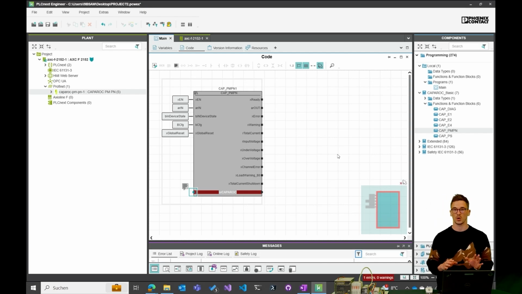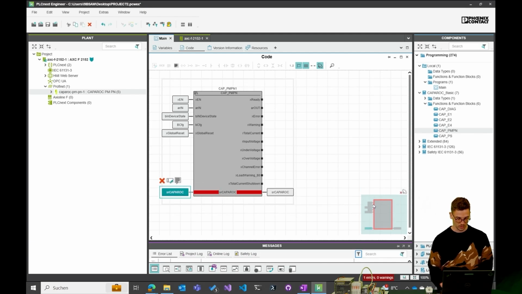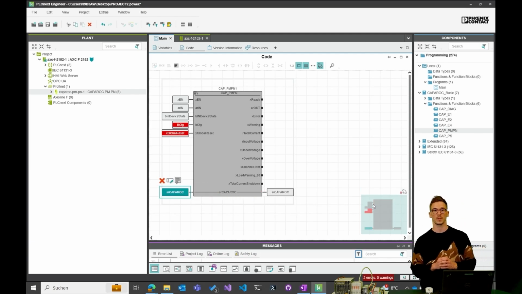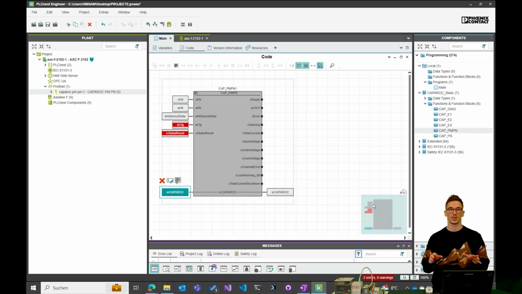That is always needed after an error. So yeah, this is the global reset input. And then here we have the SR Caparog global structure. It's a data structure that is used to exchange information between all those function blocks.